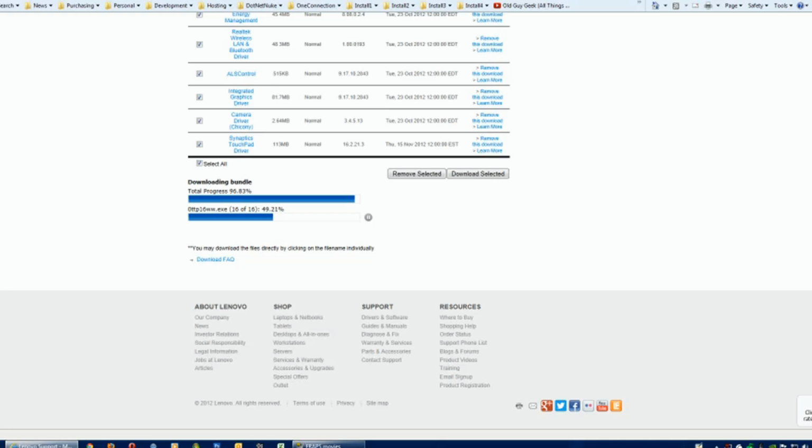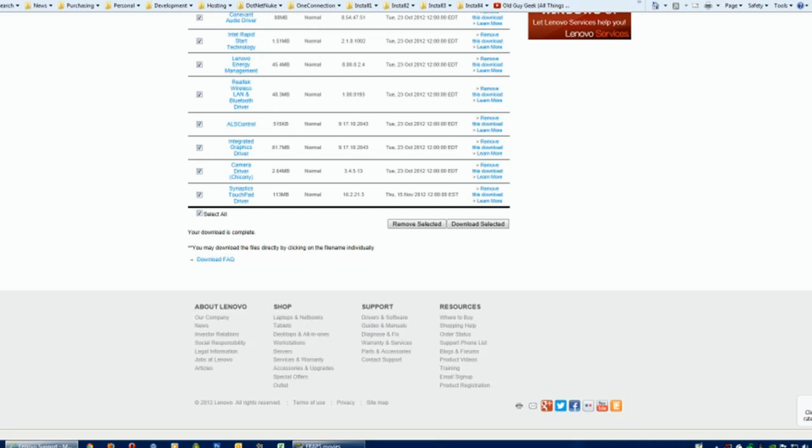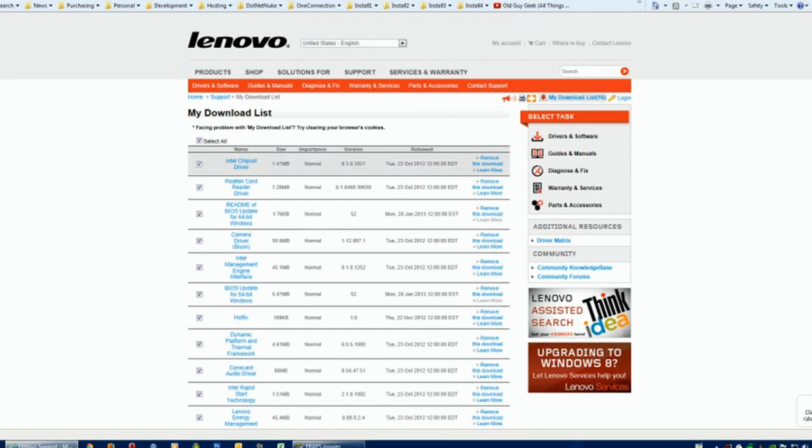The only thing I don't like is that when you download them, they have these cryptic file names. I'm going to rename them to the exact version number you see up there, and the name, like video driver version blah, blah, blah. We'll see that shortly when we take a look at our Lenovo folder after I've moved everything over, because this list is a very handy reference. If you have your file manager open and look at this list, you'll be able to see exactly what version you downloaded. It's really good because next time you'll be able to tell what's on your system and whether you need to download it or not.